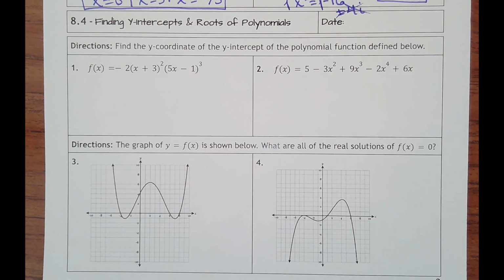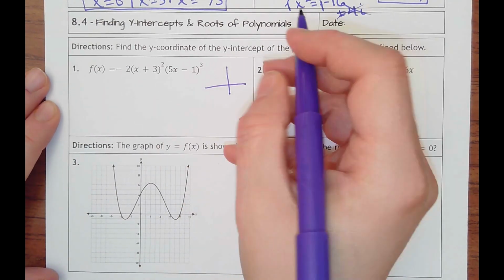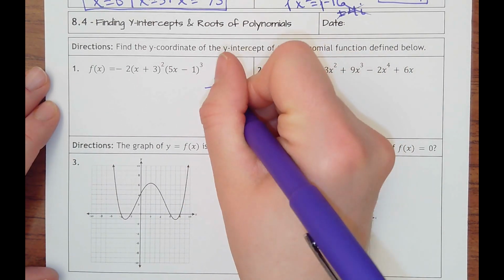Lesson 8.4 is finding y-intercepts and roots of polynomials. First directions say find the y-coordinate of the y-intercept of the polynomial function defined below. Already talked about this in the beginning, but as a reminder, when you have a y-intercept,